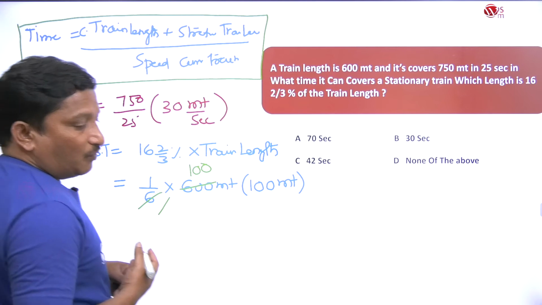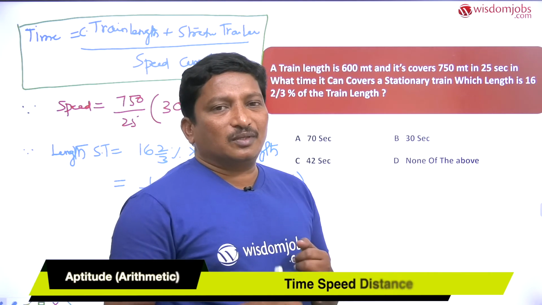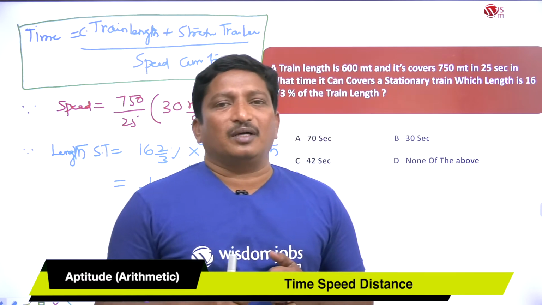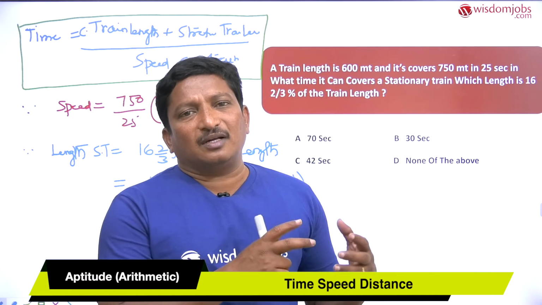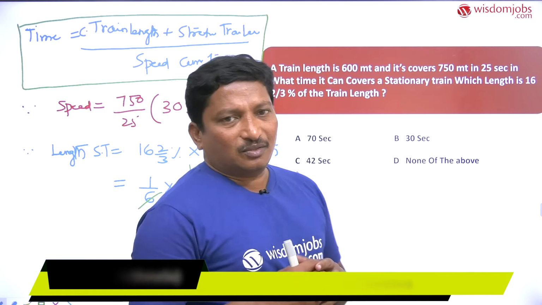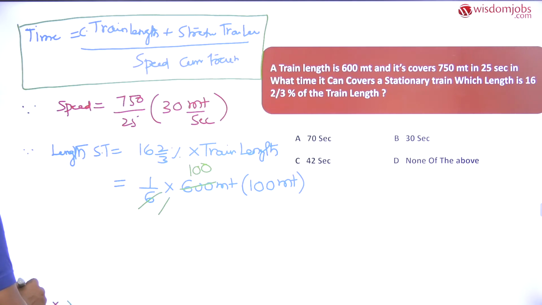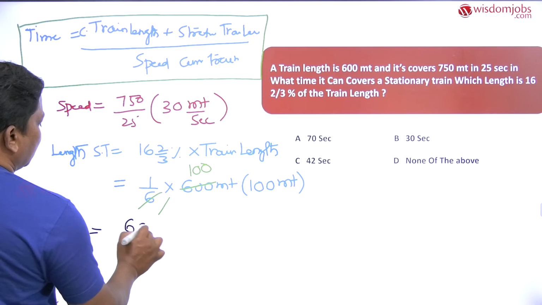Until now, to find the speed value, you had to find the length of the stationary train. According to the given question, we have the length of the current train. Substitute these values in the formula and you get the result. Let's substitute the values. Time equals the length of the train, which is 600 meters,